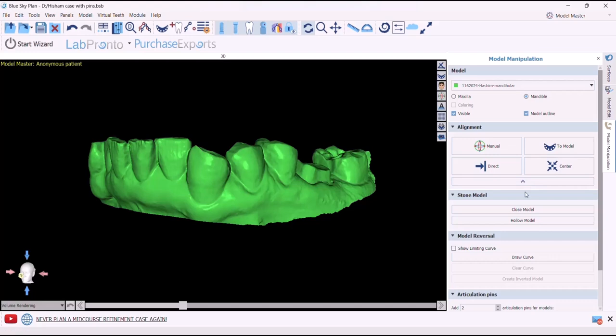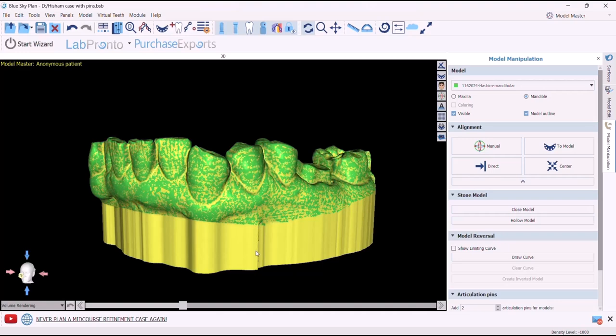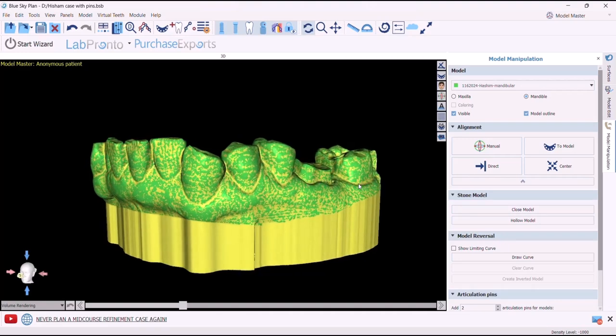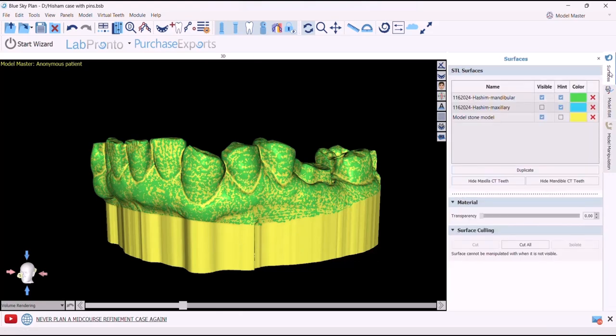So we go to Model Manipulation and press Close Model. It's obvious now that the base height is 8 millimeters. If I want to return the base height to 2 millimeters, I have to go back to the Surfaces tab, delete the model,